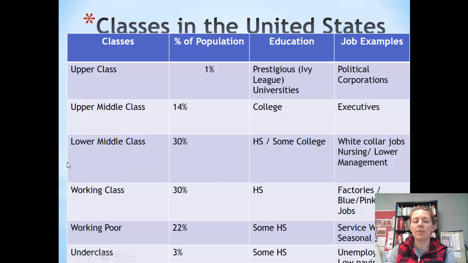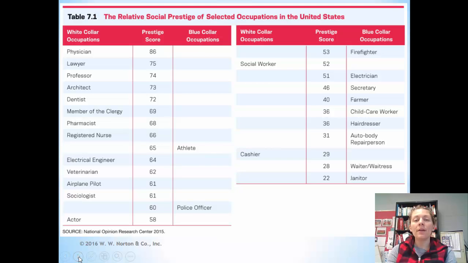This is the majority of our families here in Bradley, Bourbonnais, St. George area. All right, now a lot of times the social class is based on your job. With that job you have a certain income level and a certain level of prestige within society. It's not limited to that though. Family size comes into play, home ownership, any other assets that a family or individual may have. All right, so you can kind of see here how we view the most prestigious jobs, physicians, lawyers, all the way down to scores with much lower prestige, like janitors and waiters or waitresses.